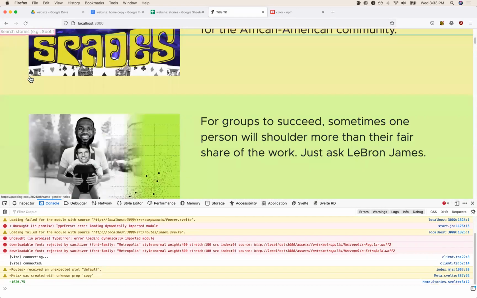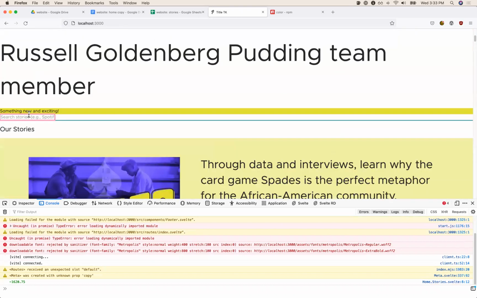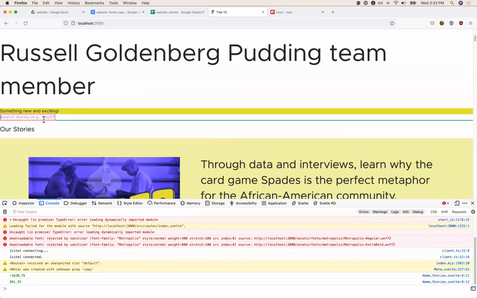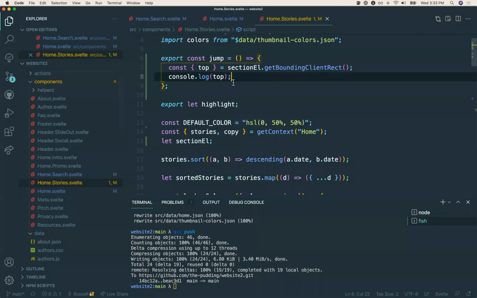There we go, negative 1620. If it's here, it should be positive. Yep, okay. So we can say window.scrollTo(0,